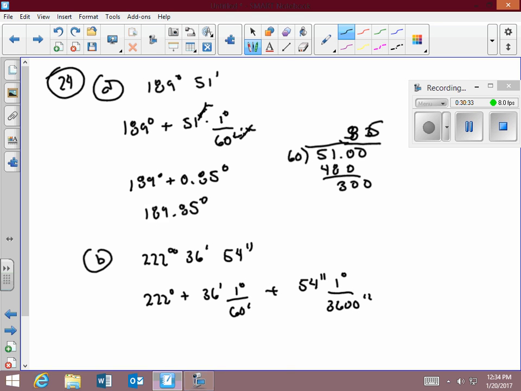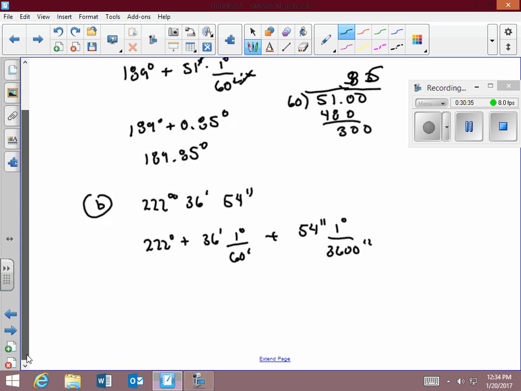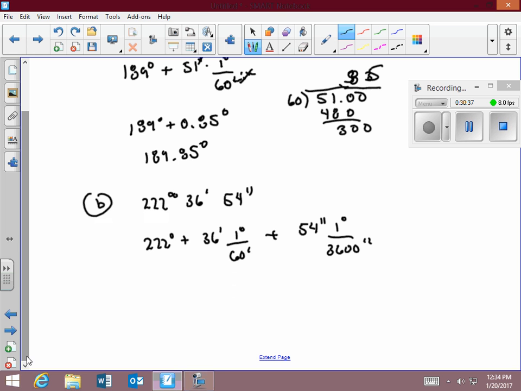I think that's 3,600. So then you'd divide the 60 into the 36. And that'd be 0.6, wouldn't it? So this is 220 degrees plus 0.6 degrees plus, and then you'd add